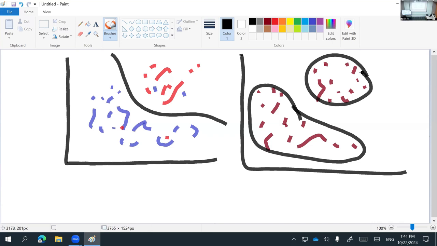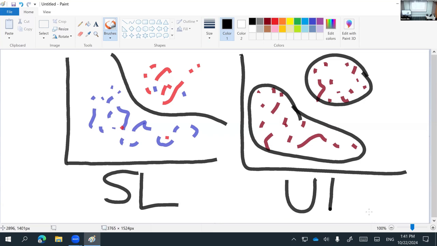Okay, so again, what chapter is that? Chapter 6. What chapter is that? Chapter 5. Okay. Now, why do I call this chapter supervised learning, and I call this chapter unsupervised learning